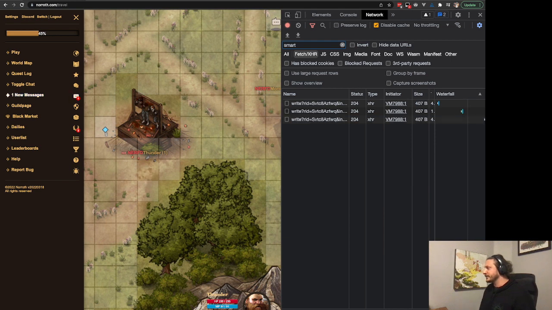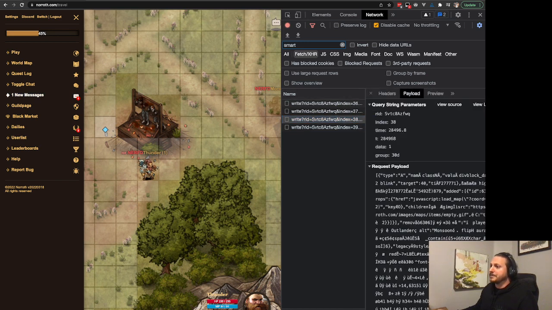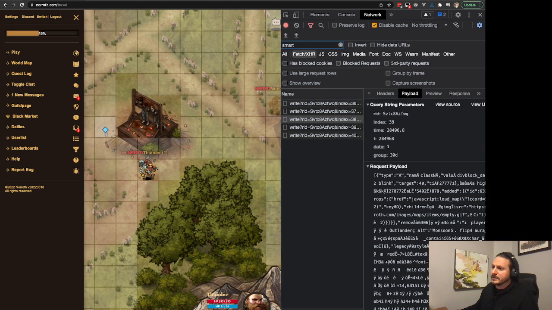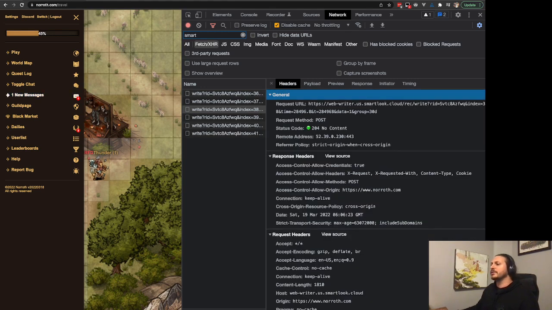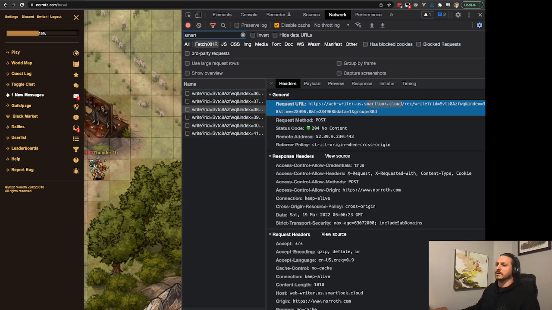For those of you curious, this is the developer console on the Chrome browser. Firefox has a similar one. It allows you to analyze any of your network traffic. And if I click into this, I notice that it is basically grabbing a screenshot of what is on my page. And I thought, oh, that's interesting. And it's sending it to a third-party service called SmartLook.